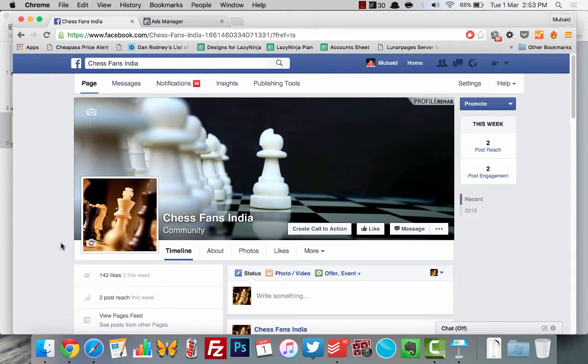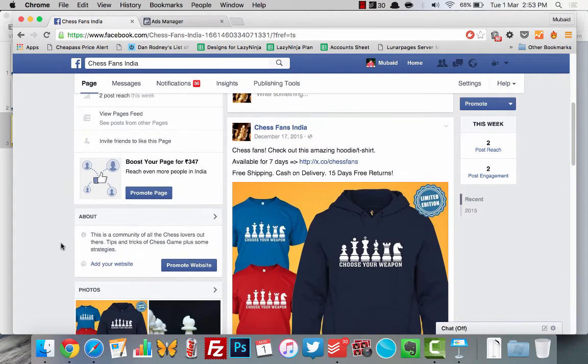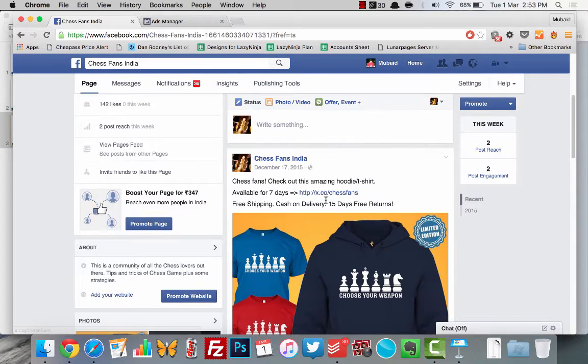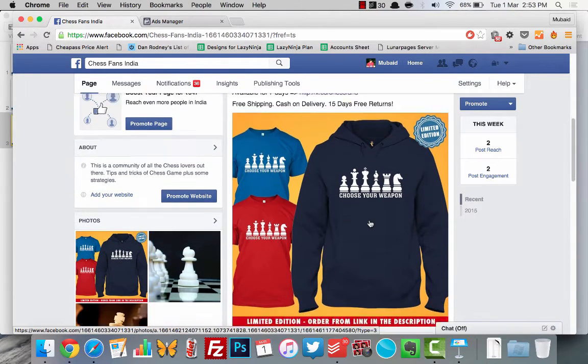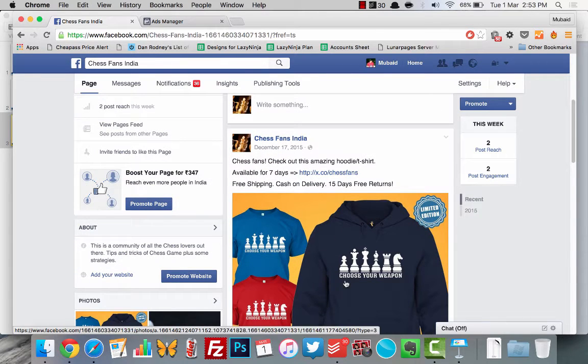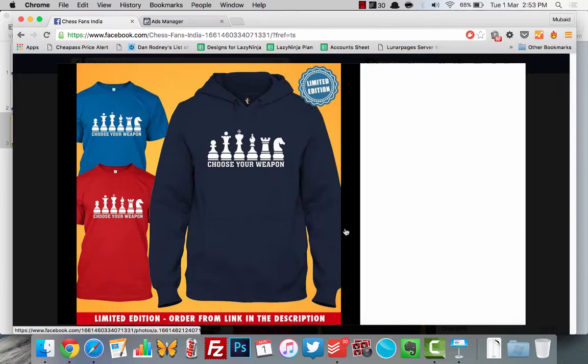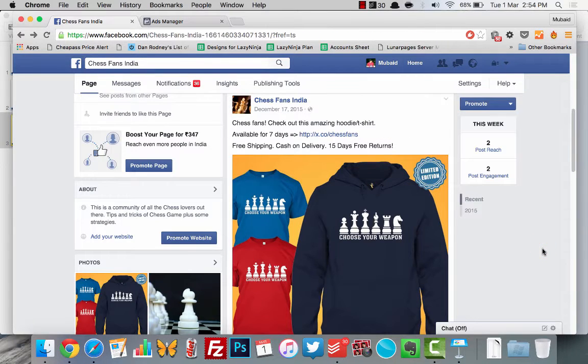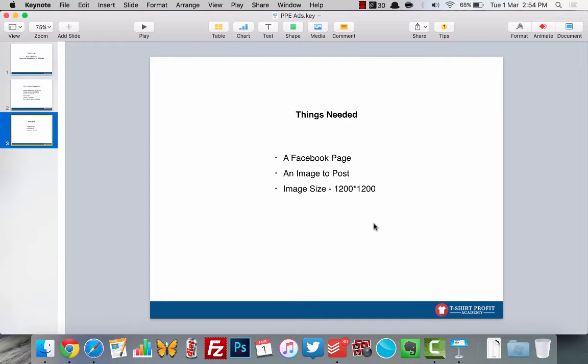It's so easy. So what does a PPE ad look like? If you see here, this is a general post. There is some text here, there is an image, and there is an option for people to like, comment and share. This is a PPE ad, that is a page post engagement ad, right? If someone clicks on it, it just pops up and shows the image in full screen. I have mentioned that the preferred image size should be 1200 by 1200. The reason I have given this size is because if you use 1200 by 1200,